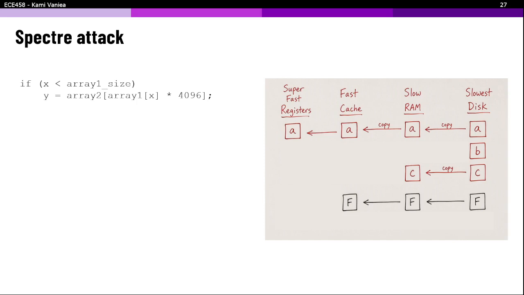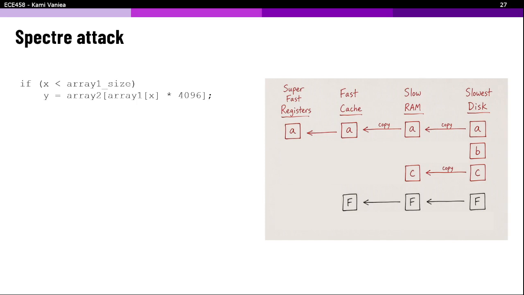If I'm executing this, and this is what my registers look like, at least in regard to this, what's going to happen? Well, I try to execute A, but I don't have A. So I'm going to put out a request, and A is going to start slowly progressing over here. I don't have C or B either. That's annoying. So I'm going to put in a request for C and B.